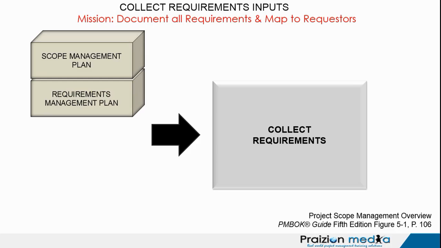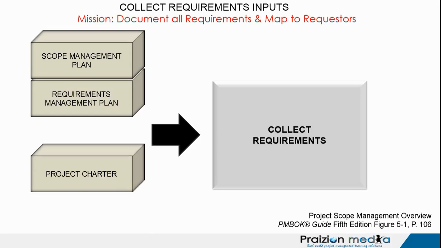But going more into the requirements themselves, we have the requirements management plan, and this is a plan that guides the team on how requirements will be specifically collected on a particular project, because there are many different tools and techniques that could be used, but which ones will be used? And that's what the requirements management plan dictates: the timing of the requirements gathering, the frequency, the whole process for